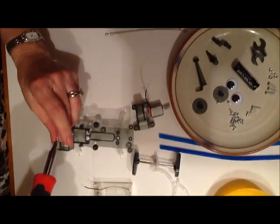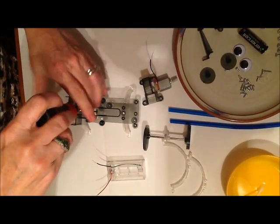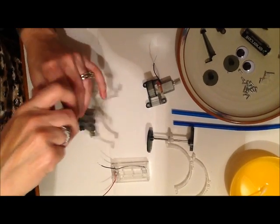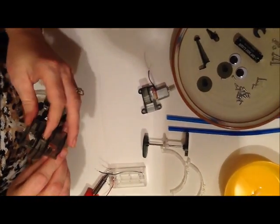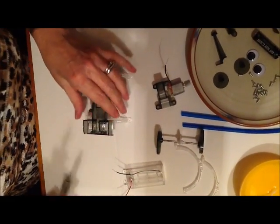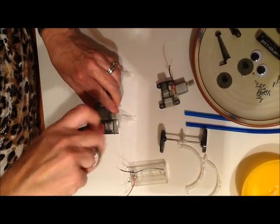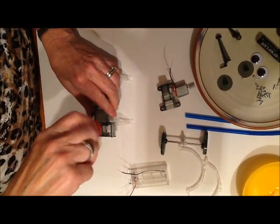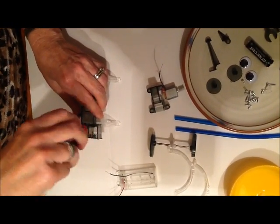I'm going to turn it so I can see, and guide it to the hole, and whoops, didn't have that quite on there. I applied too much pressure, and screw that down just until tight. Okay,